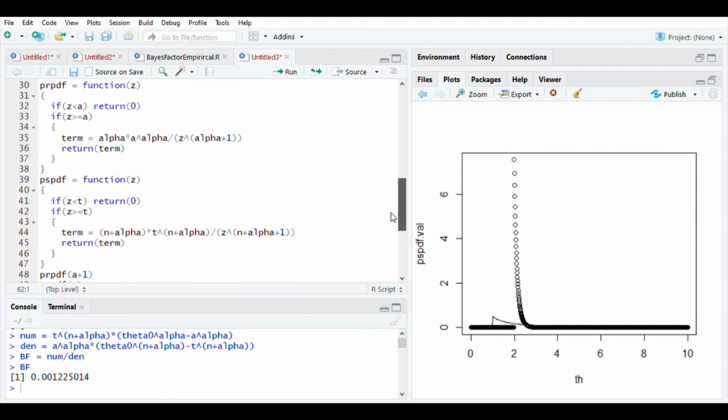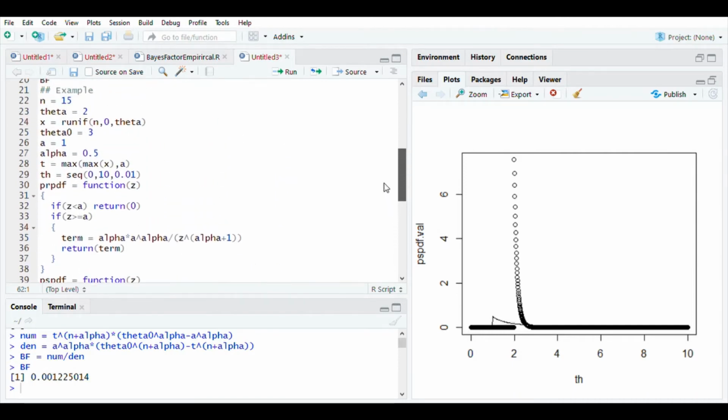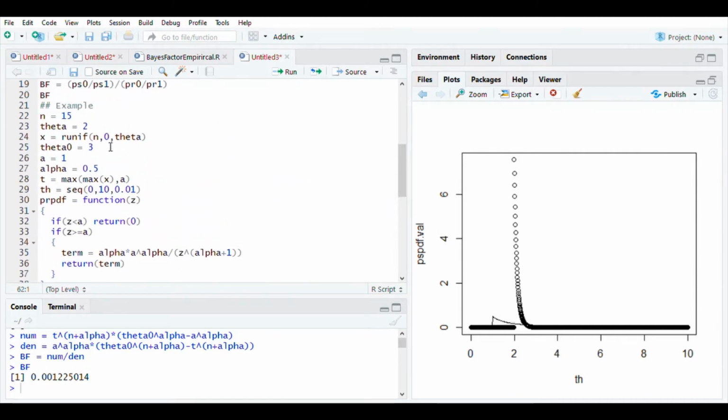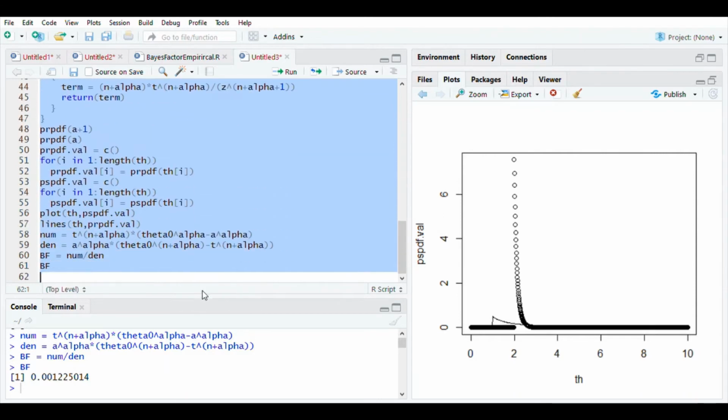So now let us see how things change if we change this. For example, if we go a bit closer to the boundary point, the boundary point is again theta greater than theta naught and theta less than theta naught. So here theta was less than theta naught, so we should have rejected H naught, which we did actually. Now let us see what will happen if I take 5. So we should not reject H naught if that is the case. So let us see what will be the Bayes factor.